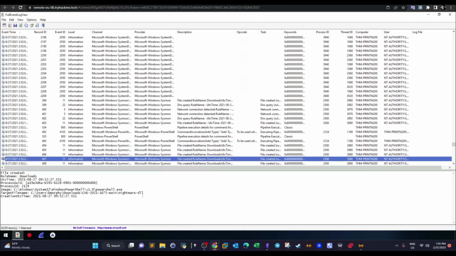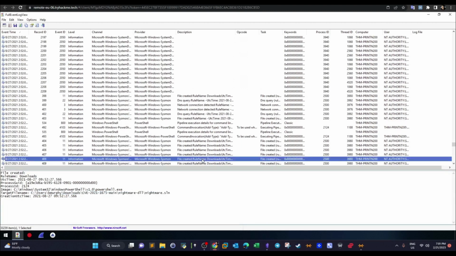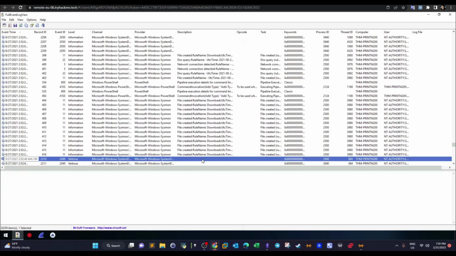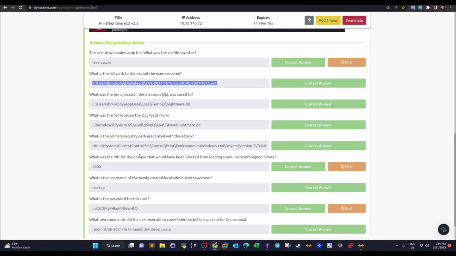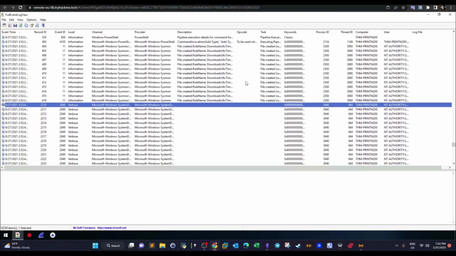So that is a DLL, as you can see. But we are looking for a temporary directory to which the DLL was saved. So here was the answer, this one, but we have to find it somehow. If we look for temp,